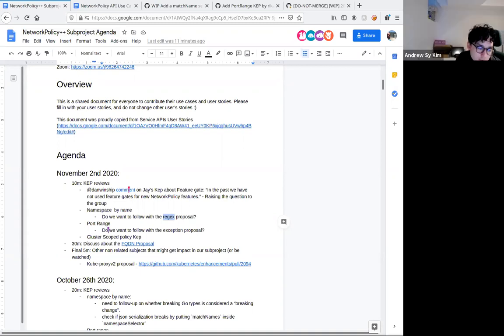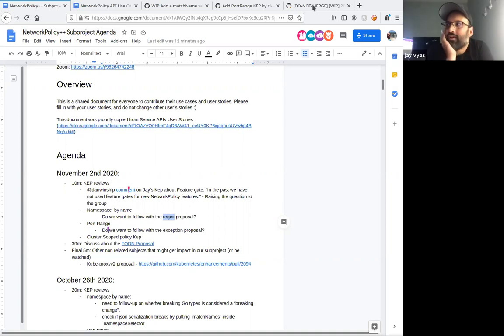I agree that we probably don't want to support regex because of security implications, like you can create a namespace that matches the regex. But I do think that Zhang brought up a good point last time around being able to support all namespaces in a way. So I'd be in favor of you having to specify either an actual namespace or a wildcard that says all namespaces. Because I think there are pretty valid use cases for being able to select every namespace except